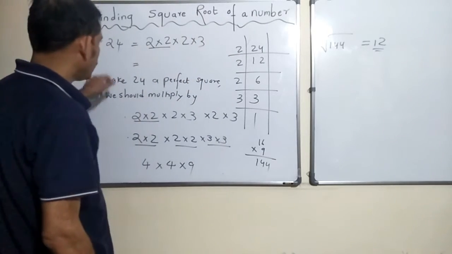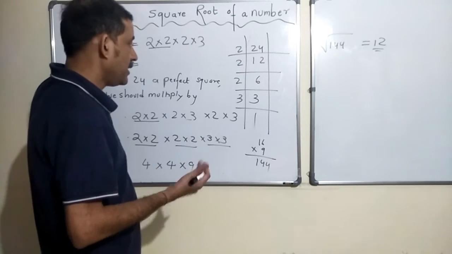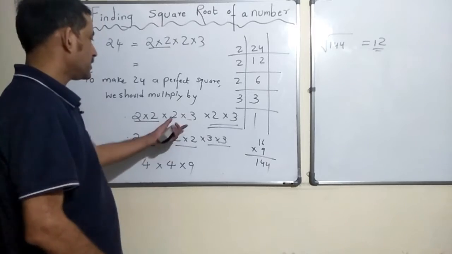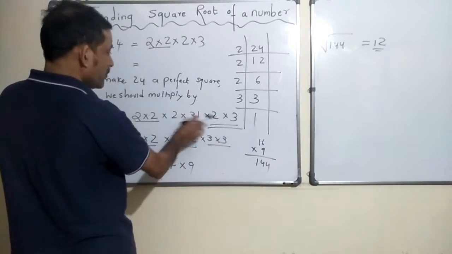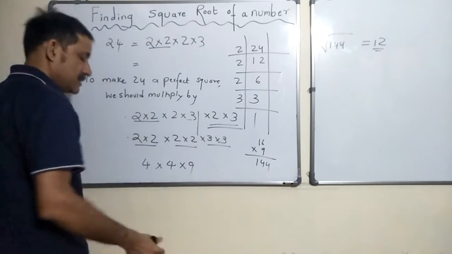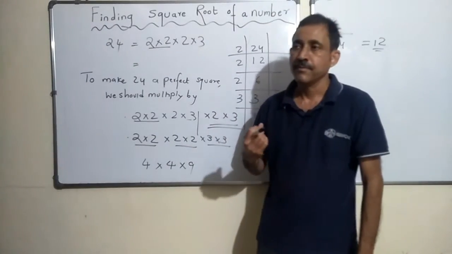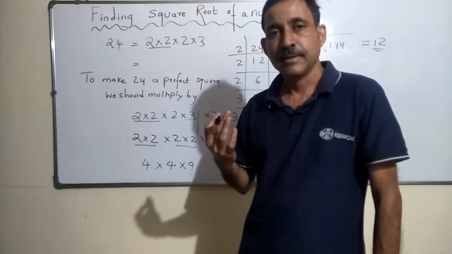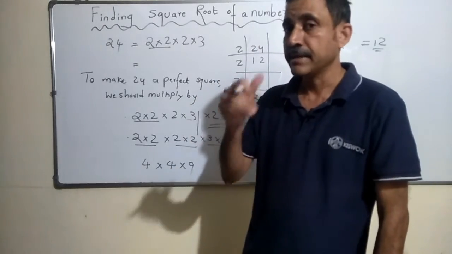So in order to make this number a perfect square, with what number should I multiply? You should be multiplying with 6, because that was something which was missing here, and we multiplied to make the grouping possible, right? So that's one of the questions they ask. They say, okay, is this particular number a perfect square? And if it is not, with what should I multiply? With what is the least number with which I should multiply to make that number a perfect square?